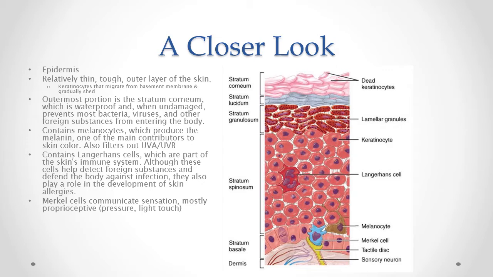So if you were to take this from the perspective of a burn patient, if you no longer had Merkel cells, you would no longer be able to sense light pressure or that light breeze that blows across the top of your skin. If you no longer had melanocytes or melanin, you would have hyper or hypopigmentation. And then, of course, if you lost your Langerhans cells, you lose your immune factors and your ability to be resistant to skin allergies. So again, burn patients tend to have very, very sensitive skin and or are very susceptible